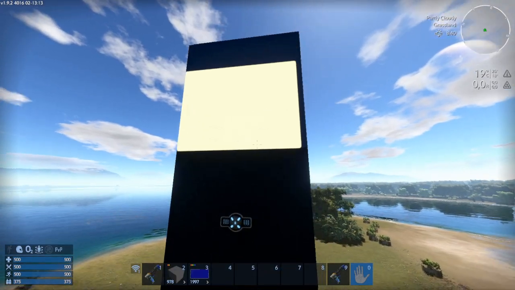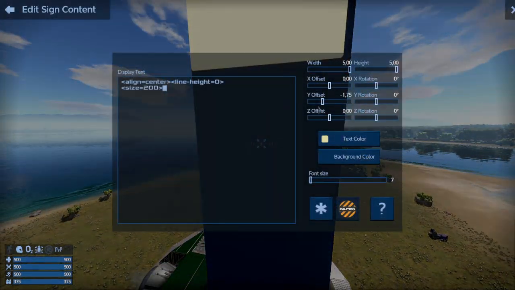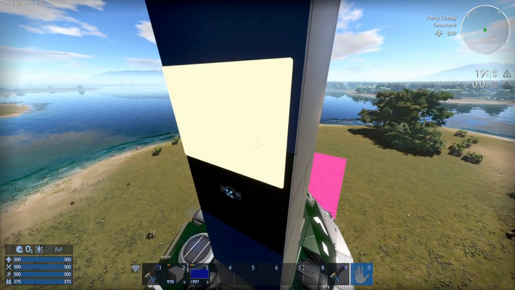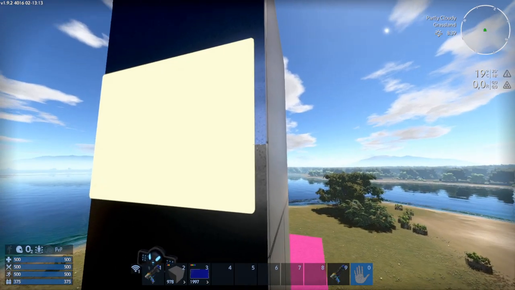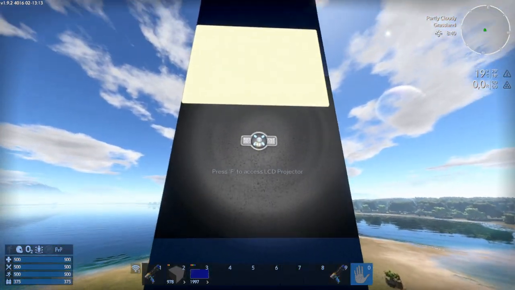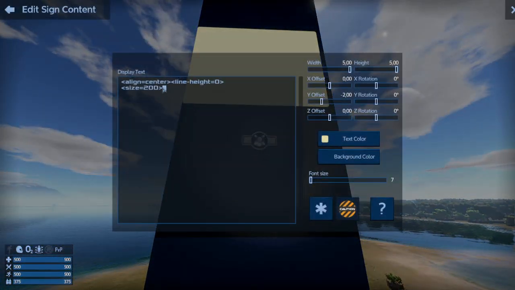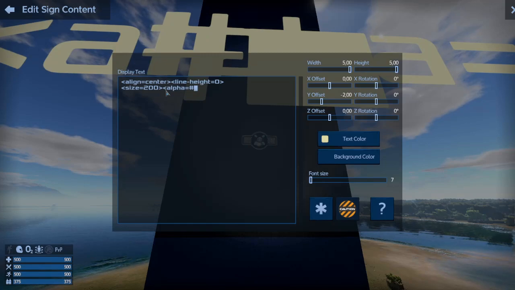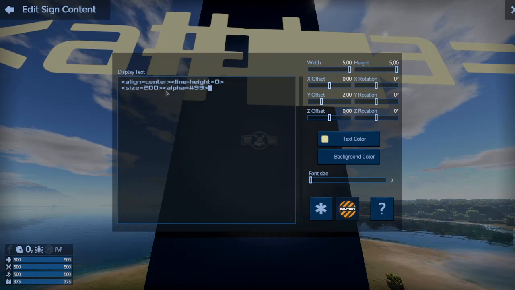So as you can see, this is not transparent. If I move this down slightly, you would see this difference between black and gray. So we will add an alpha command which changes the transparency. I tend to look these up every time. The only ones I know off the top of my head are the